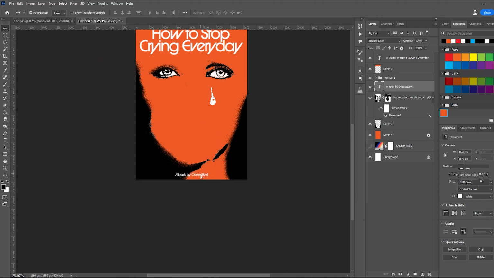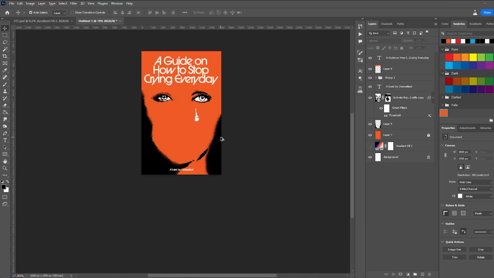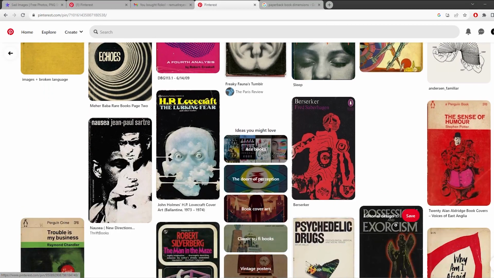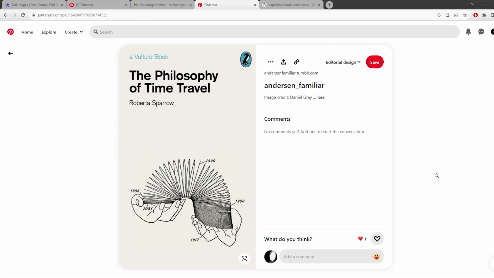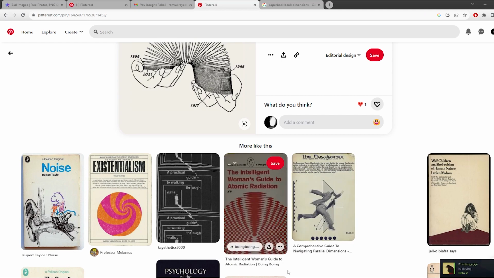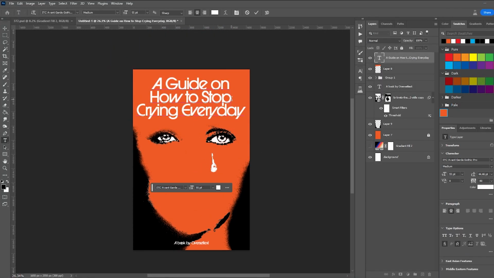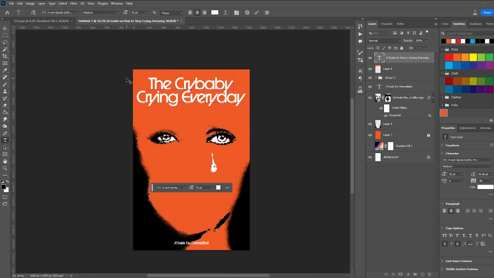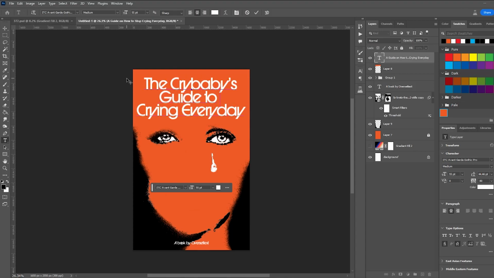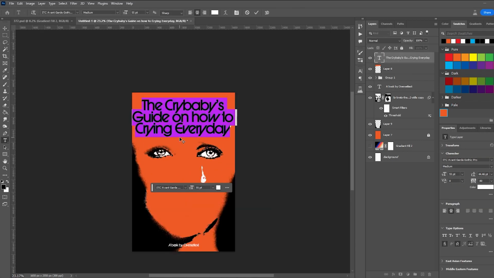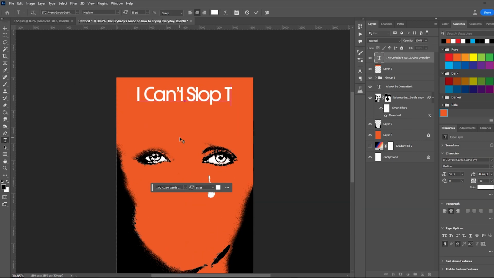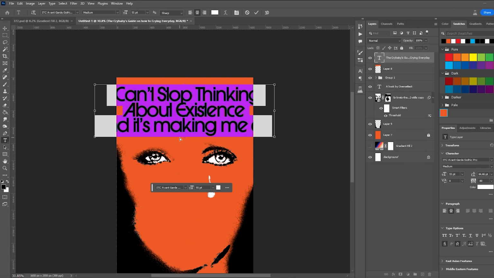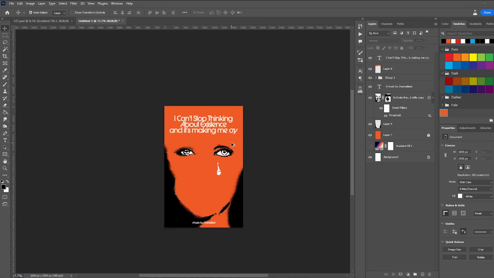Also here, at this point, I'm trying to figure out what text to have and where to place it. So I'm looking a lot on Pinterest, really looking at every single book to get a sense of where people usually place things, because obviously this is a book parody. I think one of the key things in making something good when you're basing it off pre-existing things is where people expect something to be, because I still want the text to flow better. I expect things, like, where does it make sense to put this?